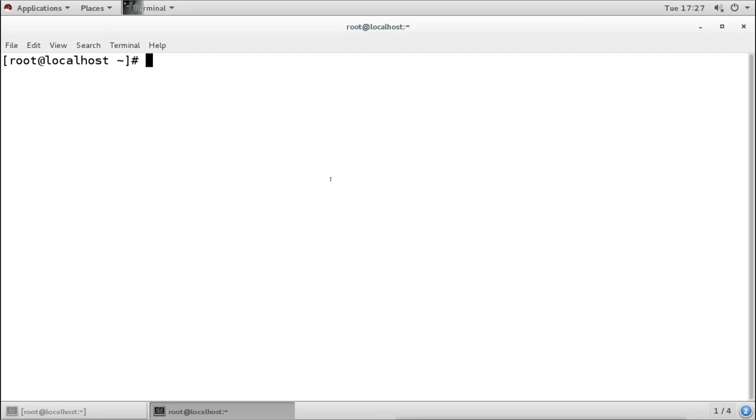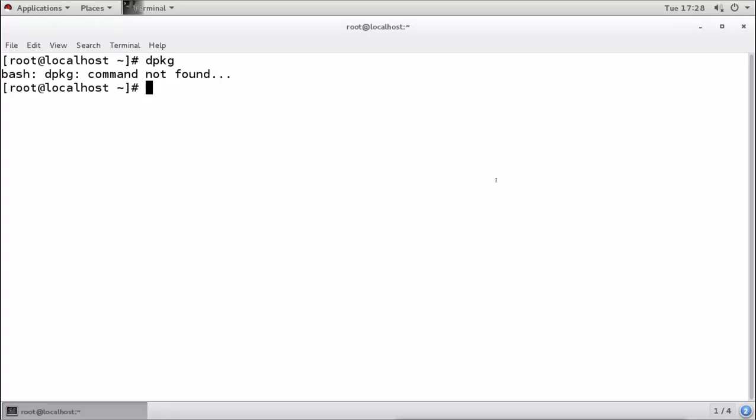Then you feel, okay, it is a tar file, so maybe when I open the file, I will get the RPM file or deb file. So you will open the file, but still you will not get any RPM or deb file. This is because of the different packaging system, so do not get confused by it.